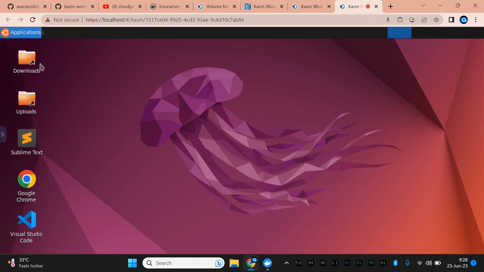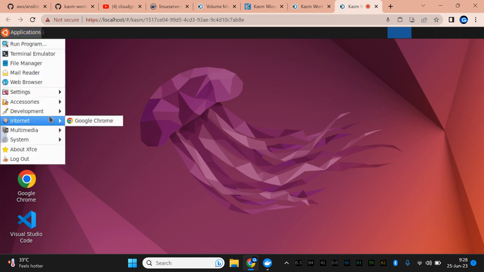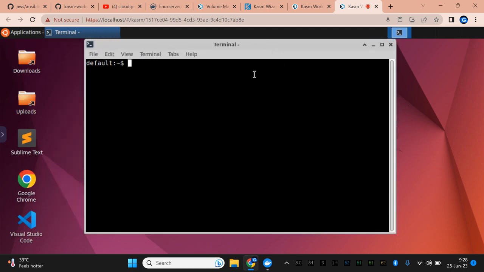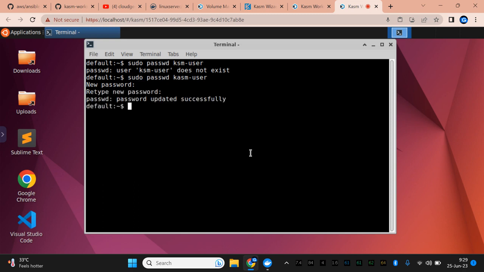So let me show you the stuff in the host machine. Let's try to open a terminal. First of all, make sure you set up a password for the user. So I'm going to say sudo passwd kasm user, and the password is going to be... there's a typo. This user exists if I type it correctly. So I'm going to set the password for this user. It is updated. If I navigate to /mnt, you will see some of the stuff which is actually on my